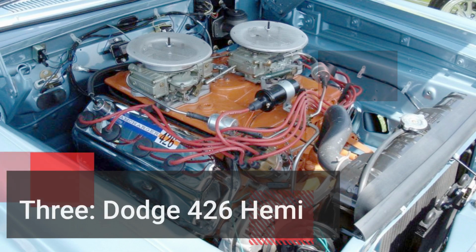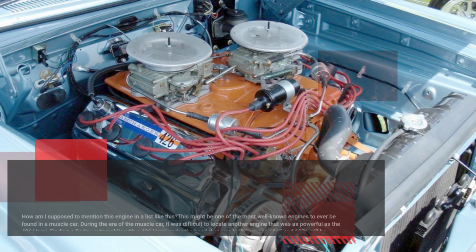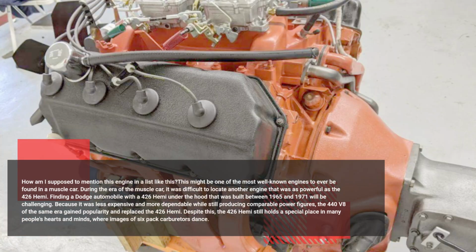3. Dodge 426 Hemi. How am I supposed to mention this engine in a list like this? This might be one of the most well-known engines to ever be found in a muscle car. During the era of the muscle car, it was difficult to locate another engine that was as powerful as the 426 Hemi. Finding a Dodge automobile with a 426 Hemi under the hood that was built between 1965 and 1971